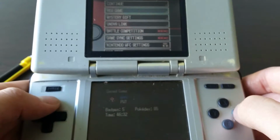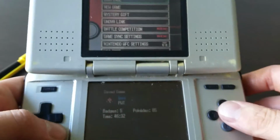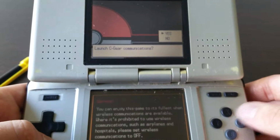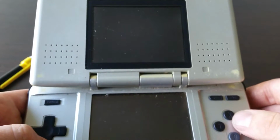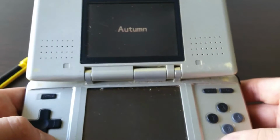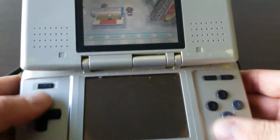Nintendo WFC settings. I think you could get a wireless adapter for this here, but... Launch Sega Communications. Is it going to let me do that? Pretty sure this here doesn't support the CE communications. You do actually need a...